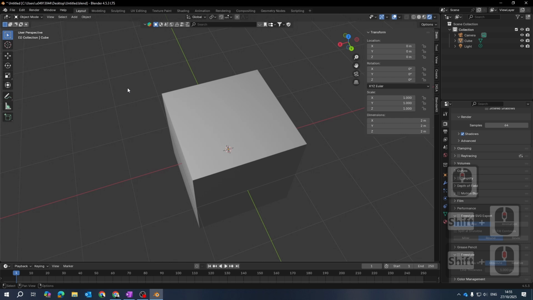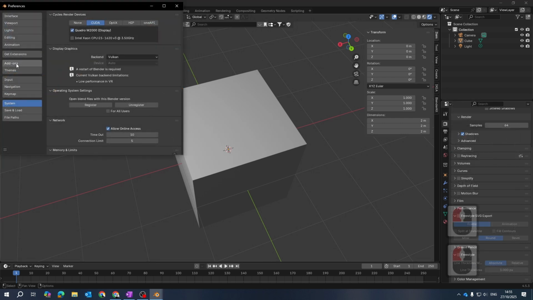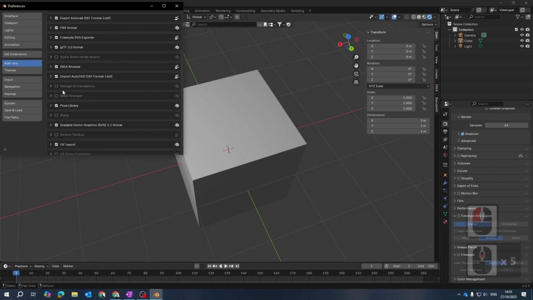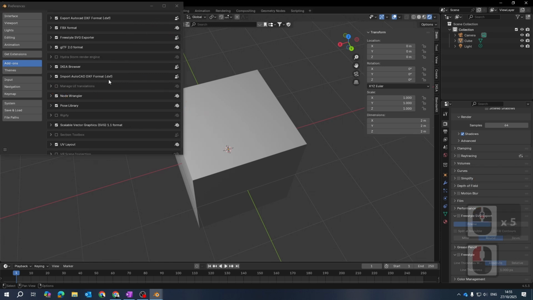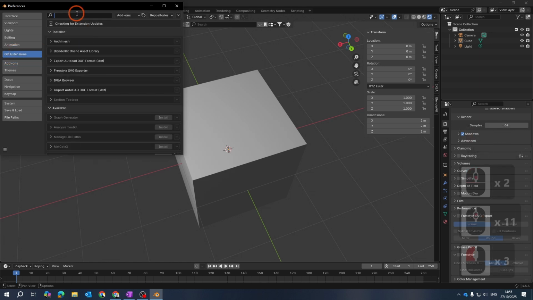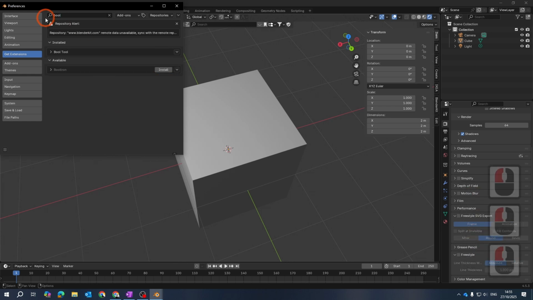So I hope this helps. Just remember, you can go and switch these add-ons on and off as you need them. So please just remember that. I also like Node Wrangler, we'll use that later on, and Bool Tools. So there's another one maybe just as a bonus. Bool Tools are very handy as well, especially if you're modeling stuff later on, but this is more of an advanced thing. So if you want to keep using Blender, I'll get Bool Tools involved as well, and